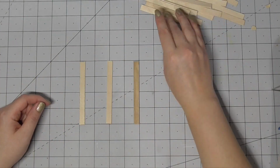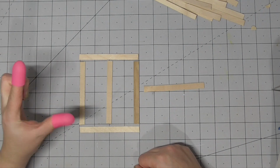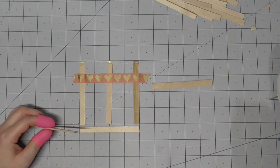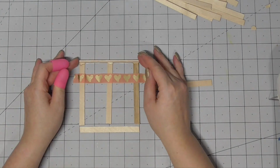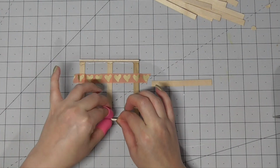Here I have some popsicle sticks or lolly sticks if you're English like I am. I don't know why I said popsicle first. I'm going to make some coasters, and I've laid them out in this little design. So I've got 3 facing upwards, and then I'll do 3 that I'll glue on top, kind of stood upright